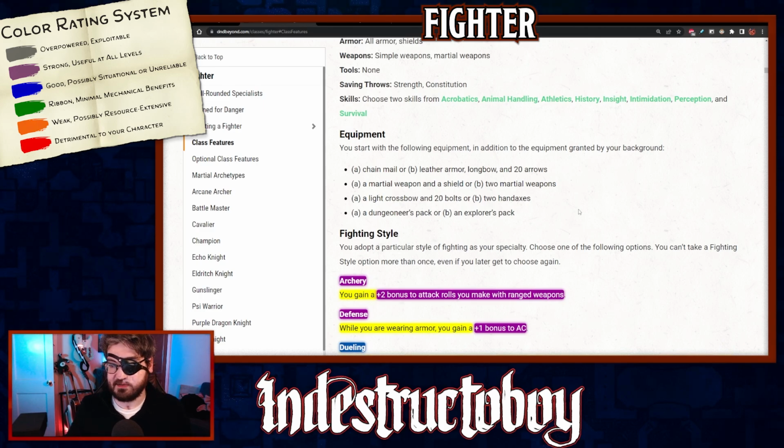The equipment loadout can be a little bit tricky. So basically, if your strength is going to be higher than your dex, I would recommend picking up chainmail over leather armor, longbow, and 20 arrows. Then, with the martial weapon and a shield or 2 martial weapons, what we've kind of figured out now is that